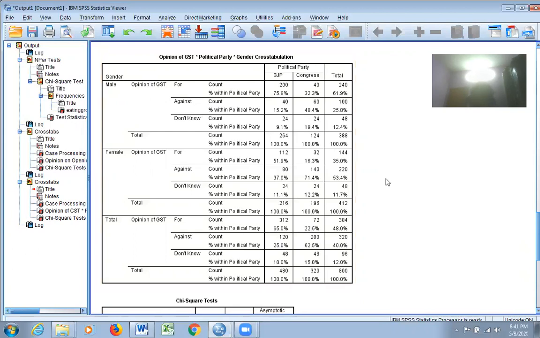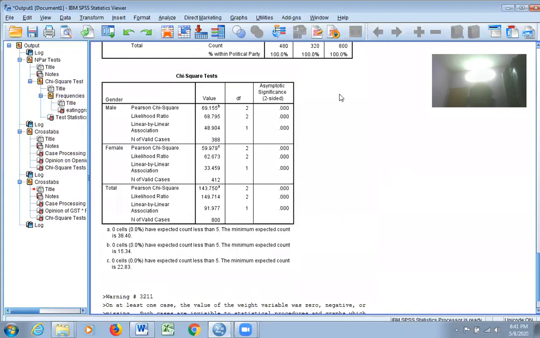Now let us go to the main table, the chi-square table. For the male and female, they have given separate chi-square values. As far as male is concerned, chi-square value, degree of freedom, and sig value. As far as female is concerned, Pearson chi-square value, degree of freedom, and sig value. In both the cases, the sig value is 0.000. That means it is less than the significance level of 0.05.